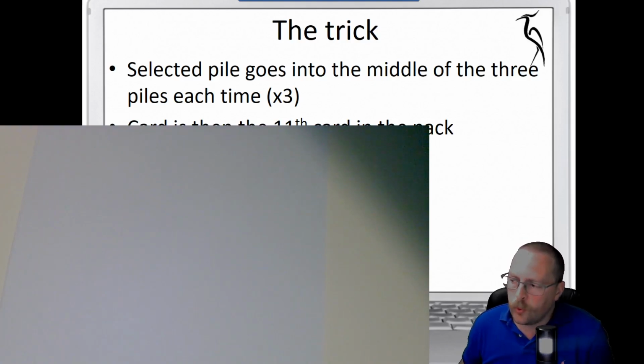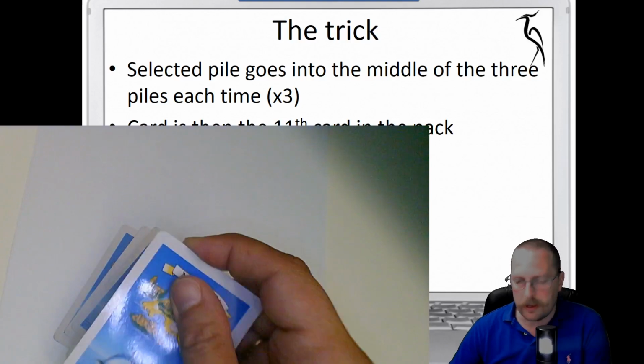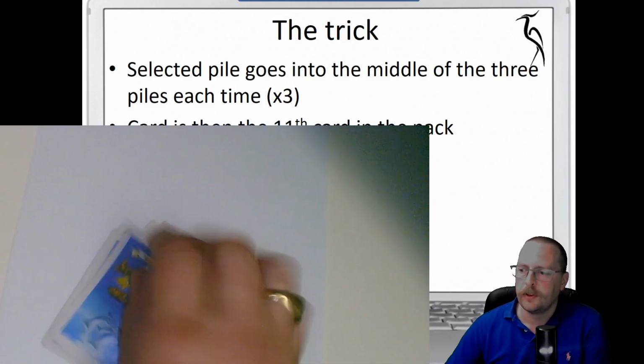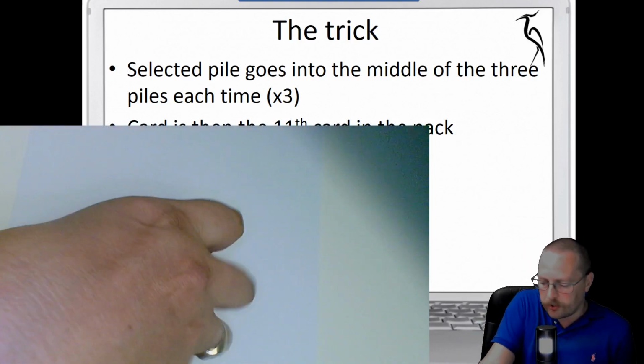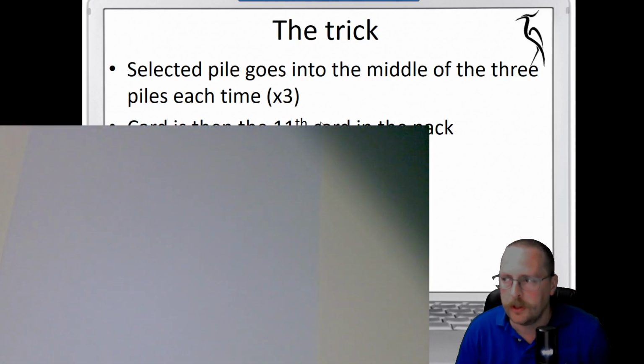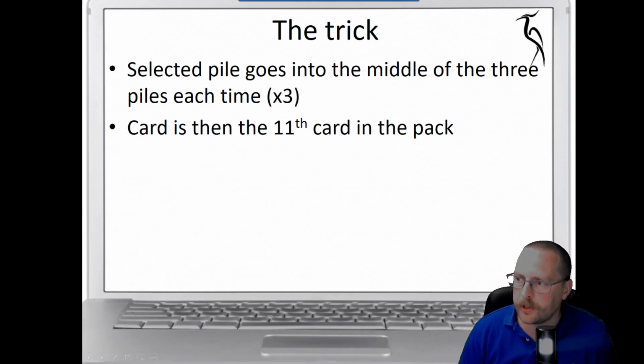is that you always put the pile of cards where the person has picked their card into the middle of the 3 piles, and then you repeat that 3 times, and then when you deal them out face down, it will be the 11th card. So after you've dealt 10 down face down, you can put the 11th one and turn it over, and it will be the card that the person has picked. So let's just hide the visualizer a second so you can see there. So if I just go back a stage,